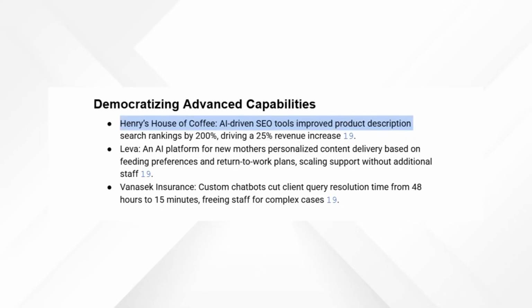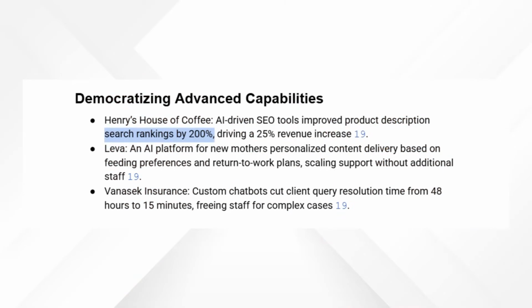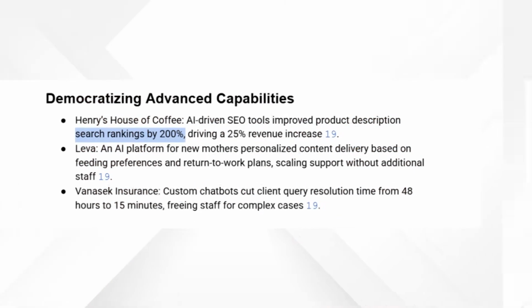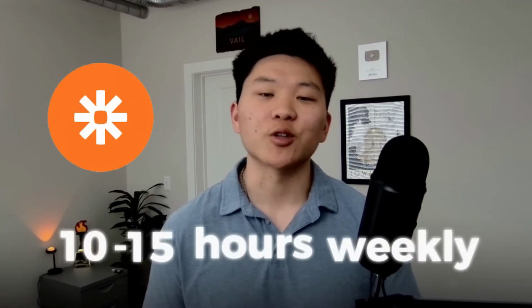Henry's House of Coffee used AI-driven SEO tools to improve their product descriptions, resulting in a 200% improvement in search rankings and a 25% revenue increase. Vanasek Insurance implemented custom chatbots that cut client query resolution time from 48 hours to just 15 minutes. Small businesses using Zapier automations saved 10 to 15 hours weekly on routine data entry and CRM updates. What's revolutionary here is that none of these companies needed to hire AI specialists or data scientists to achieve these